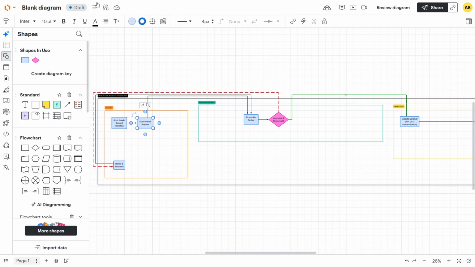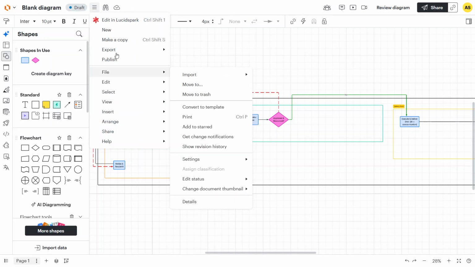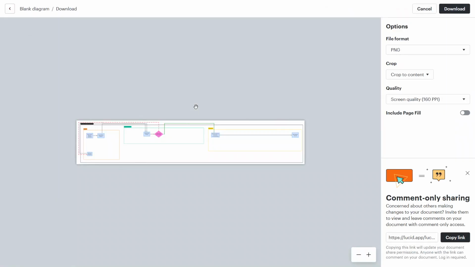Once you're in the editor, go to the top menu bar and look toward the left side. Click the hamburger icon to open the menu. From there, hover over Export and then choose the file type you want to download. In most cases, PNG, JPEG, or SVG will work well. If you want a simple, reliable option for PowerPoint, PNG is usually a great choice, and that's the format we're